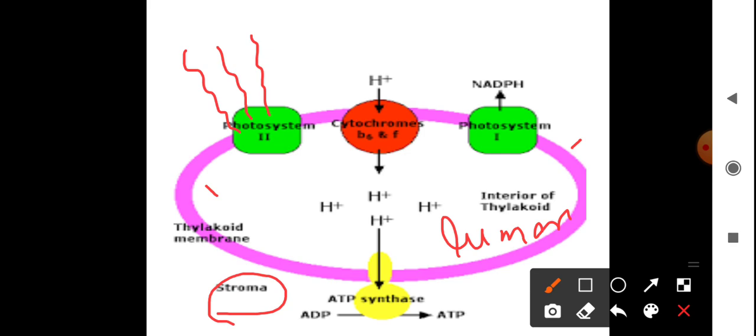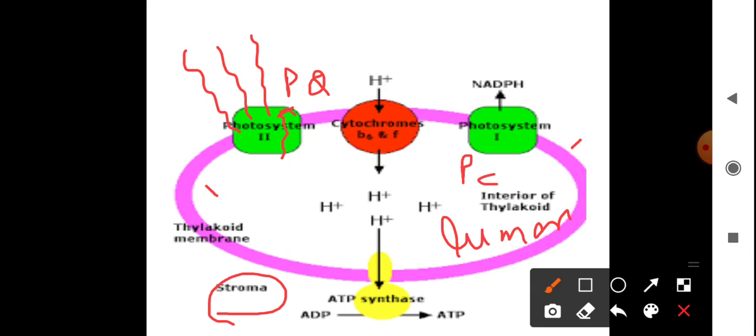And from this photosystem, a pair of electrons will be excited and go to a higher energy state. And here is an electron carrier, that is plastoquinone, and here is an electron carrier named